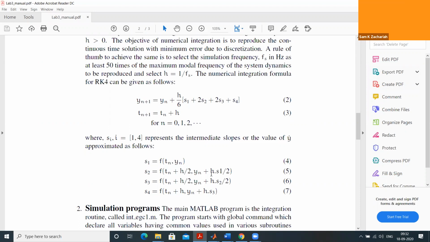This is the simplest one. We assume that it proceeds with the same slope at the nth instant, and we assume that slope is applicable up to the next half interval. Actually, the slope is varying as a function of the value of y, but we are approximating in the digital domain. So we assume that slope is the same throughout up to the next half interval. So we find that this is a first prediction based on the Euler assumption,